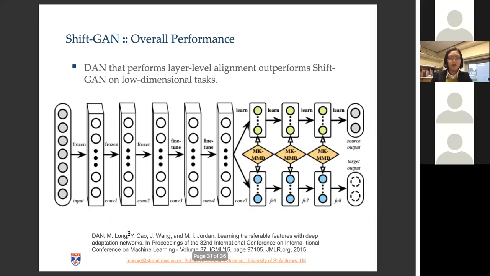And the reason is this DAN architecture. The idea is you have some convolutional layers and you have fully connected layers for the source domain and target domain. And then they do this multi-layer, multi-kernel MMD matching. So they look at each layer and how you can use multiple kernels to reduce the differences between the layers. They are more working on the model-level domain adaptation, but we are more working on the sample level. So maybe it's more,